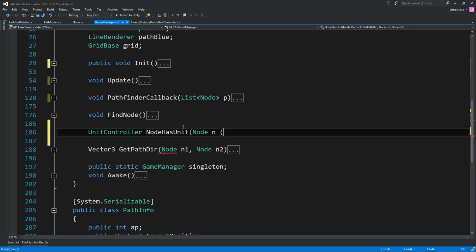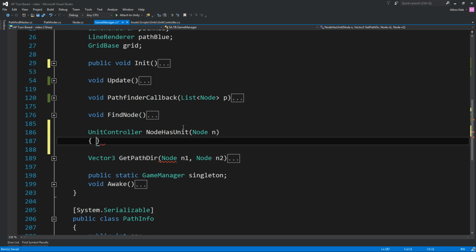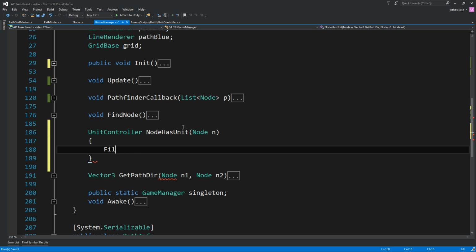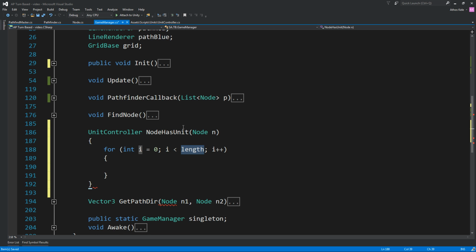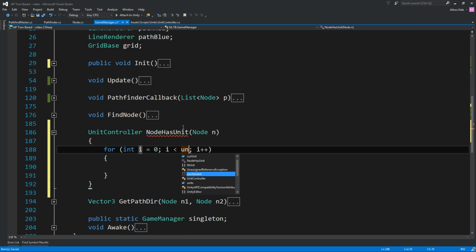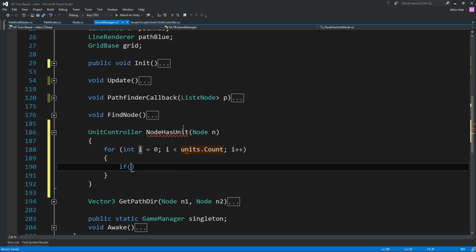We're going to pass a node on top of this, and we can say for all the units we have, units.count, if